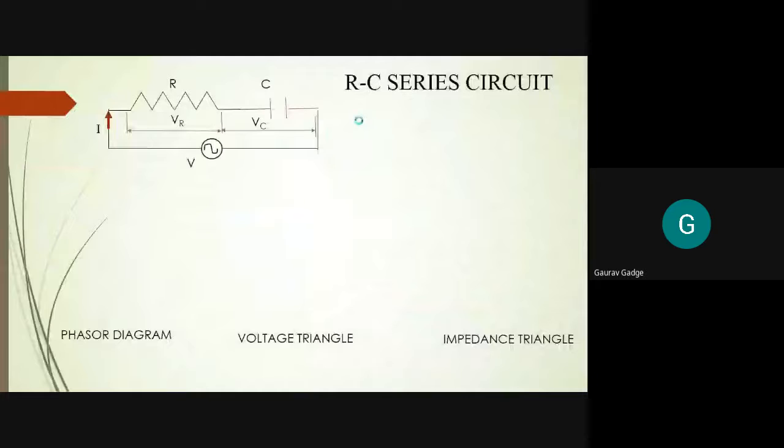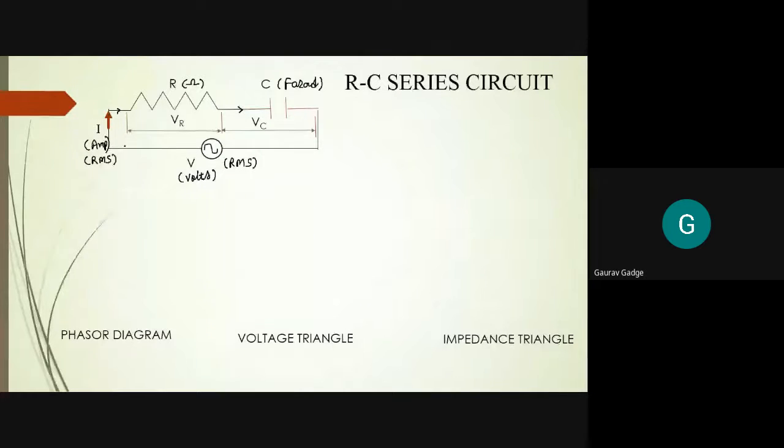Now I just add the next kind of load, that is the RC series circuit. Again, resistance in ohms and capacitor in farad. These two elements are connected in series. The common current I in ampere passes through both the elements; the current passing through both is the same, as both elements are connected in series. Supply voltage V in volts is given to the circuit. Again, these two values are RMS values, root mean square values.